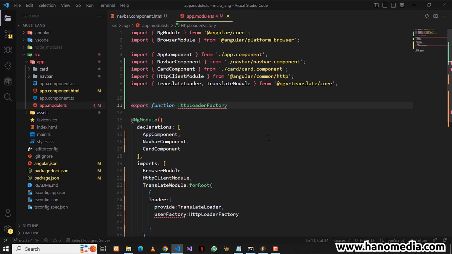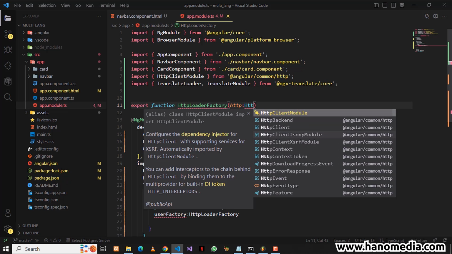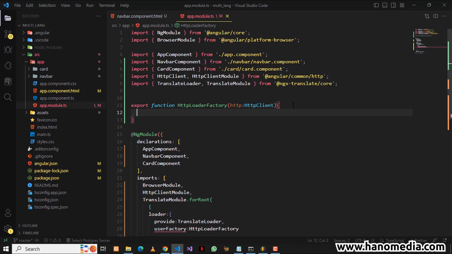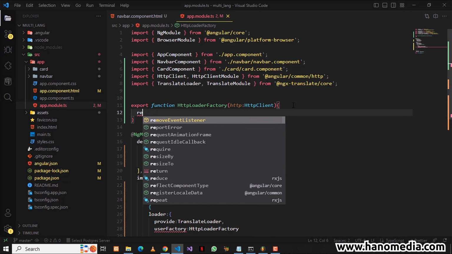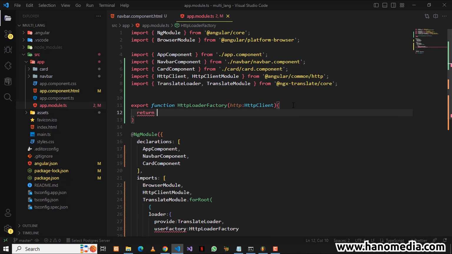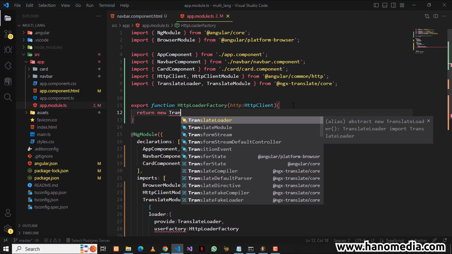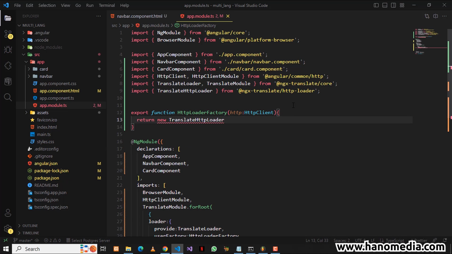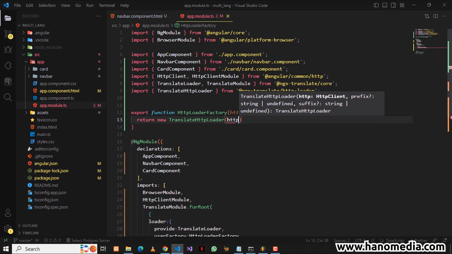And in here, I'm going to pass in http as the name, and it will be type of HttpClient, and it will import the necessary namespace. And inside here, I'm going to return new TranslateHttpLoader like this one, and I'm going to put in http. All right,